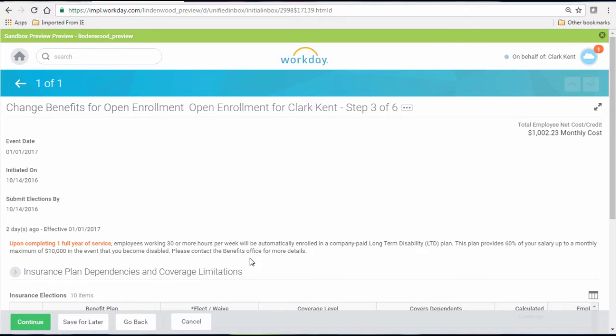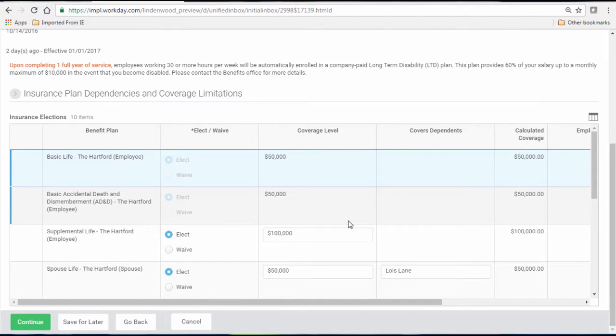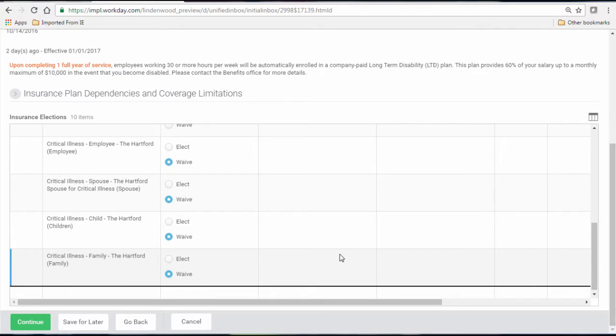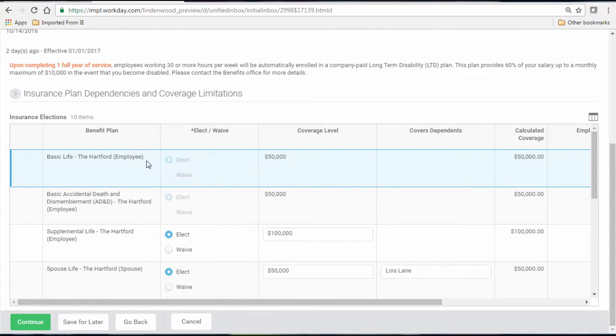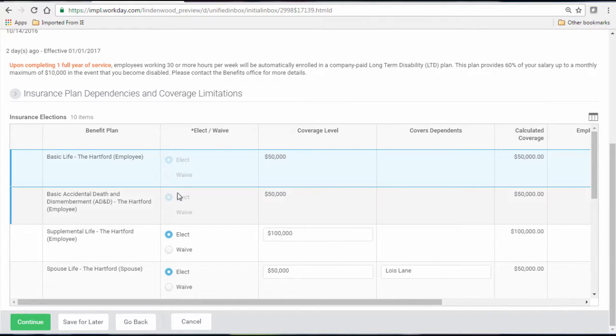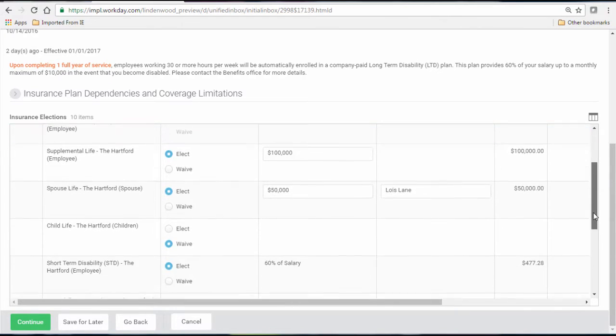This next section will prompt you to the life insurance, short-term disability coverage, and critical illness elections. Please notice that you do receive a basic life insurance policy as well as the AD&D coverage. These are automatic, and you will therefore not have the option to elect or waive these coverages. If you are satisfied with your current enrollments, then you may simply click the green Continue button at the bottom